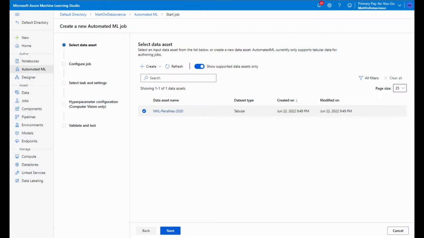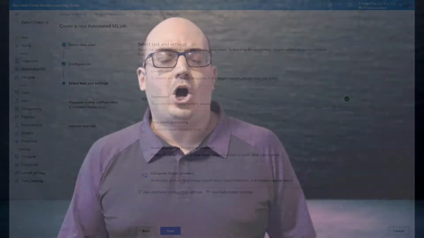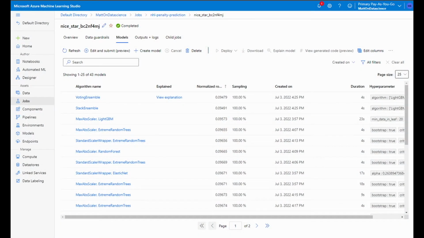Automated machine learning refers to the task of selecting a dataset and a high-level goal such as predicting car prices or determining if a mole is likely to be cancerous or not. Automated ML then automates the selection of a specific machine learning algorithm and hyperparameters for that algorithm by trying as many different algorithms that might work as it can in a window of time